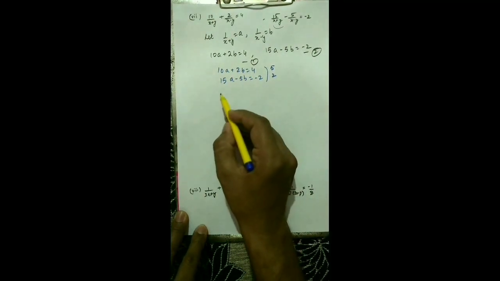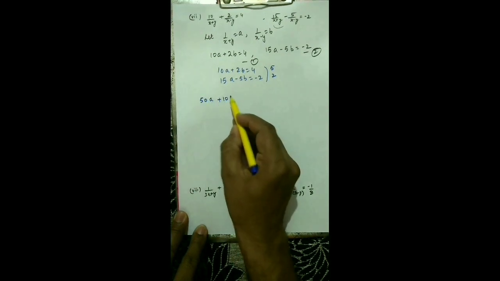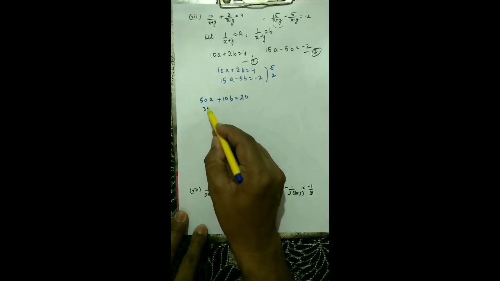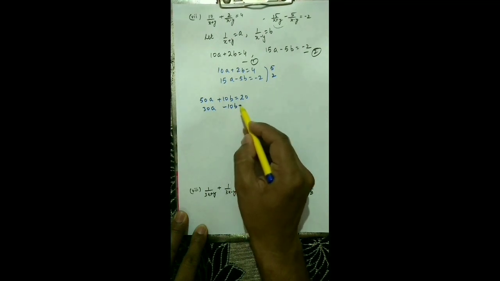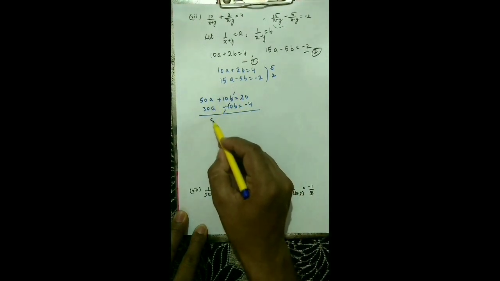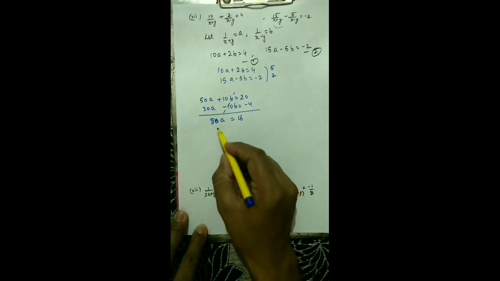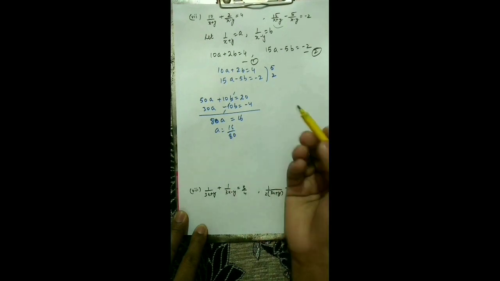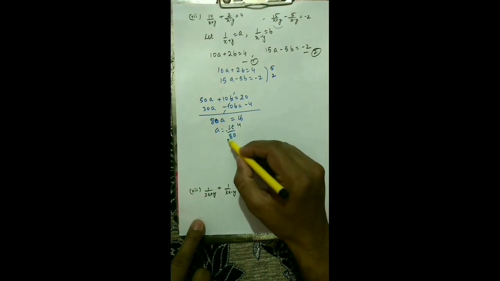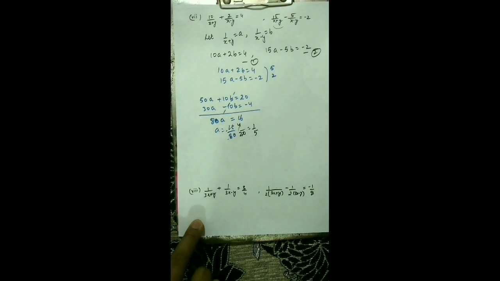The 10b will get cancelled. So this is now 50a plus 10b equal to 5 fours are 20. This you multiply, so 15 twos are 30a, this is minus 10b equal to minus 4. Now we add them, this will get cancelled. So this is 80a, and this will become 16. Now you can simplify, this is 16 upon 80. You can cancel it by 4, so this is 4 and this is 20. Next you can cut it like 1 by 5. So the value of a has come 1 by 5.